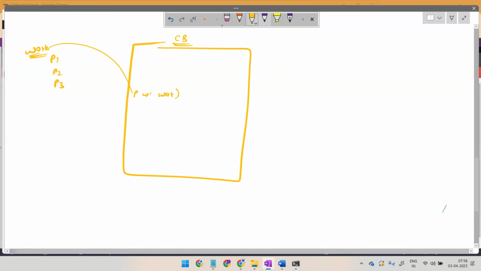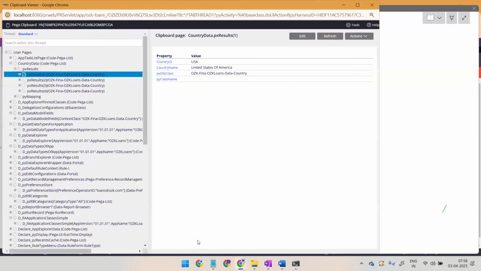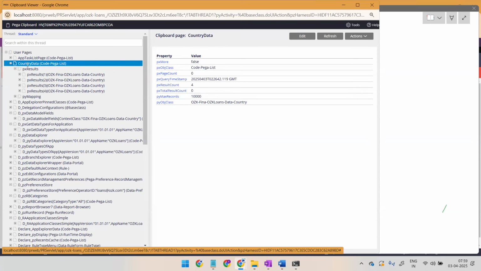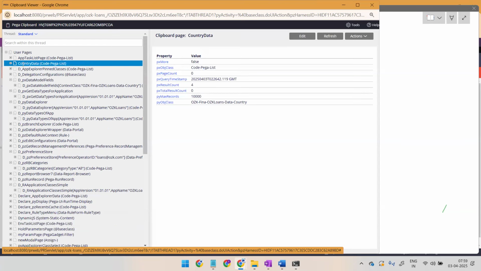If I click on this page, whatever properties we have in that class will be listed out. Am I correct? Just tell me. Correct, right? Yes, that's right. Similarly, if I click on this page, whatever class you see, those related properties will be listed out. Now, with this understanding, if I click on the country data page, whatever page you created,